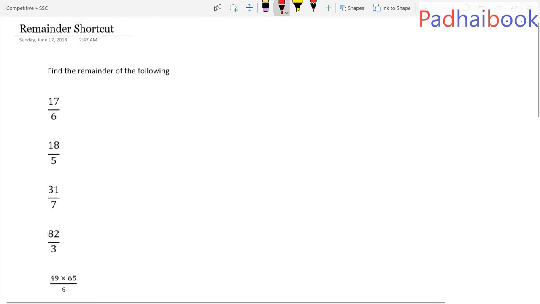Welcome to Padhaibook classes. In this video, we are going to talk about remainder shortcuts. This is not the remainder theorem, but a technique on how to find the remainder of certain numbers